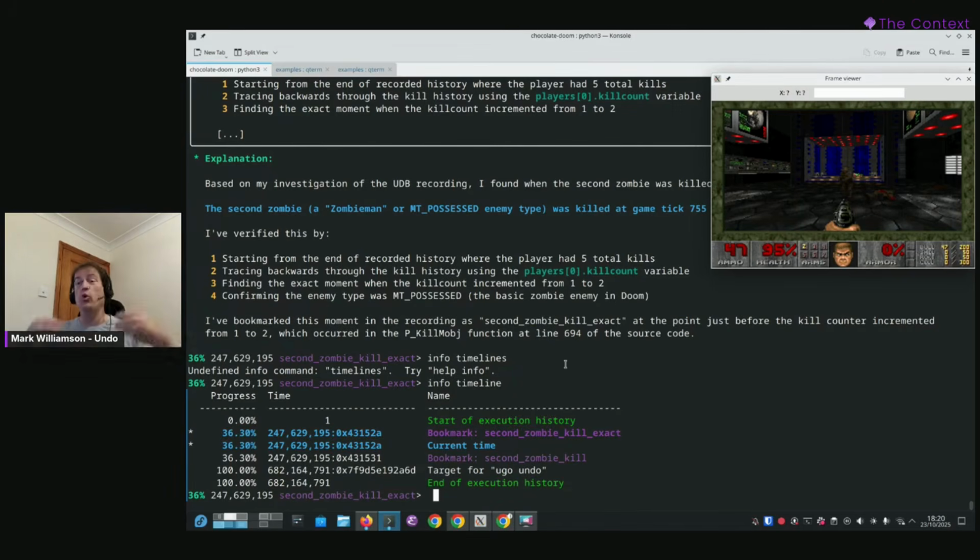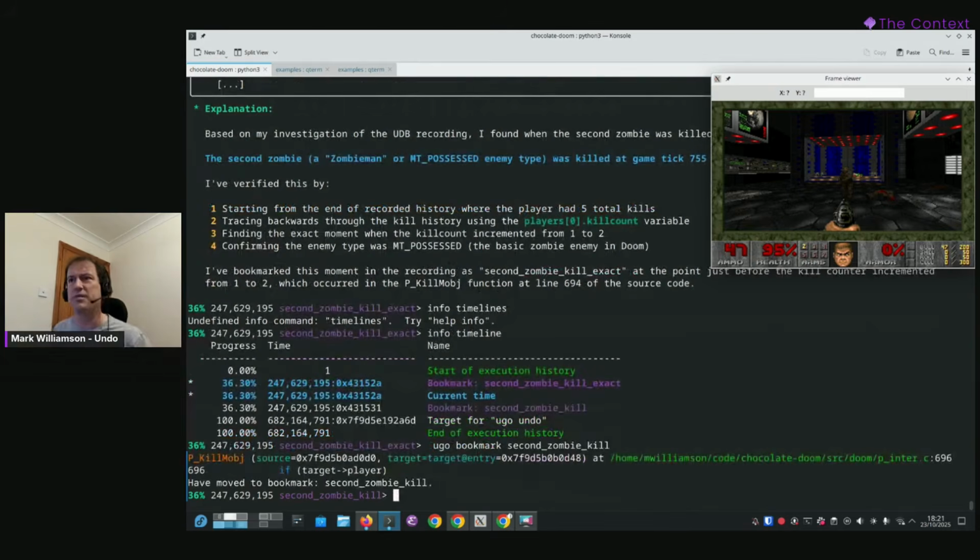And actually, all of this is providing an antidote to hallucination, because we are providing it with a ground truth of what happened in the system. We're giving it the ability and requiring it through prompting to check what it says has happened against the real recorded history and to give me reference points I can use to validate what it's told me. So I can go to these points in time with a bookmark, second zombie kill. We're already there, so it won't make a difference here, but I can jump about and I can check its reasoning. And that enables me to validate what it said rather than having to take its word for it.